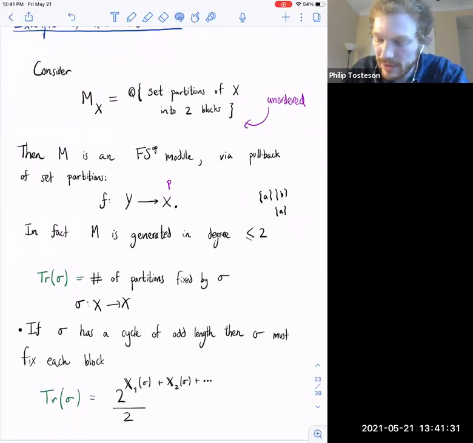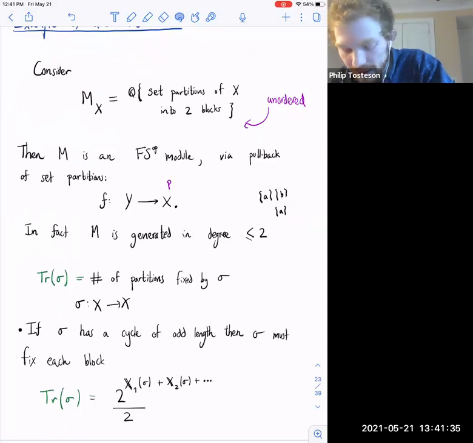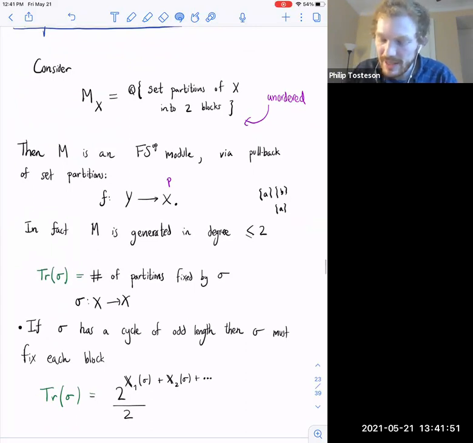So it turns out that there's two cases. If sigma has a cycle of odd length, then sigma has to fix each block. It can't map one block to the other block, because you can't do that with your odd cycle. And so you can count the number. So this has a cycle of odd length that has to fix each block, and then for each